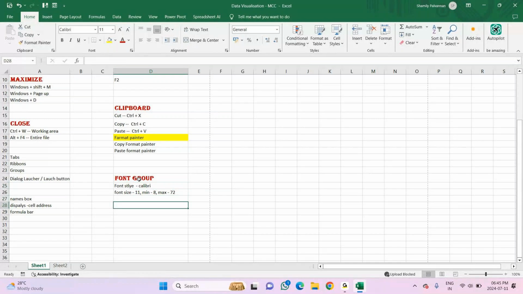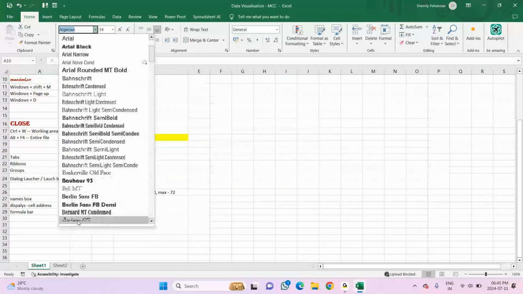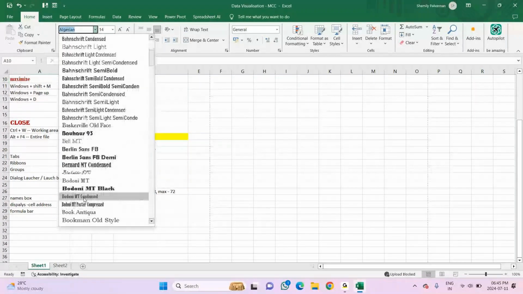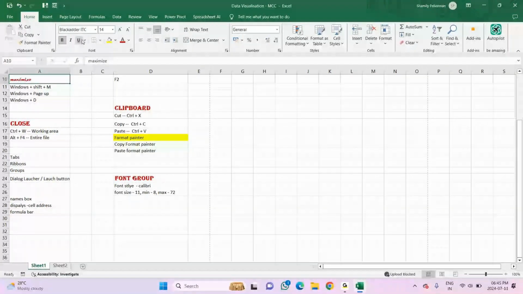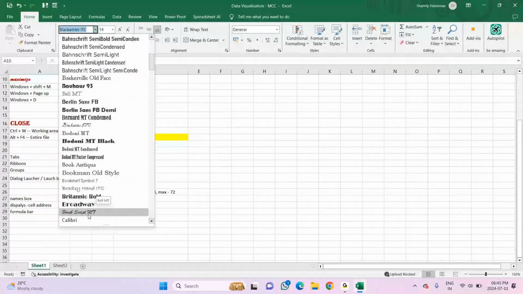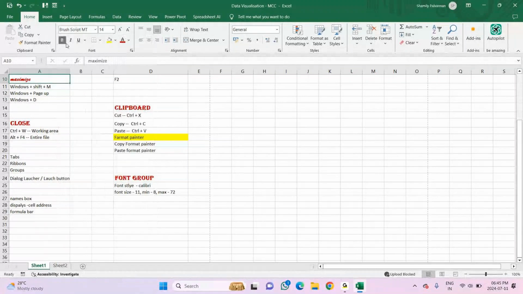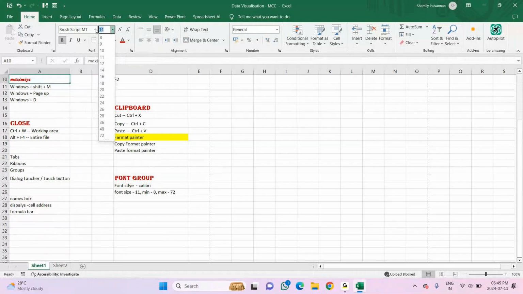Say I'm going to change this. So here, I'm going to change the style. I'll take the font style to be Black color ITC. Okay, this doesn't look good. So I'll take Brush Script and increase the font size to 16, or we will take some other thing.